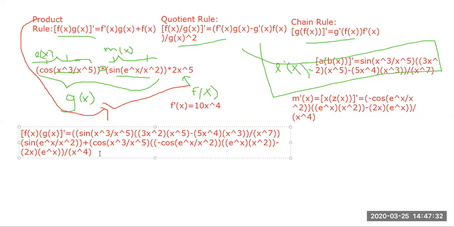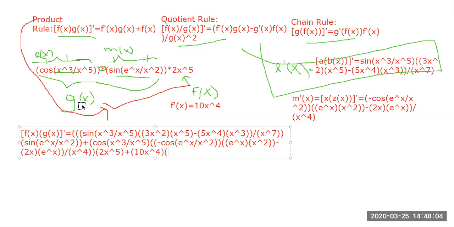So we're going to take all this, multiply it by our f of x, which, if you remember, is 2x to the fifth right there. Home stretch, guys, almost there. Plus, all right, now we got to take our f prime of x, which is a whopping 10x to the fourth,